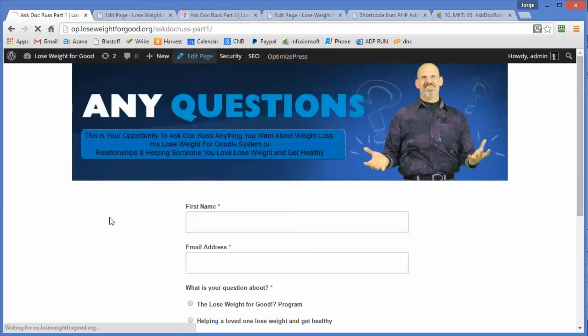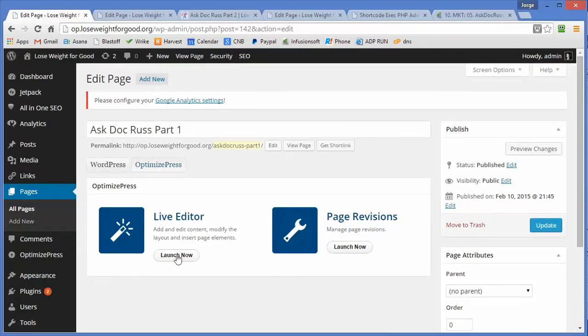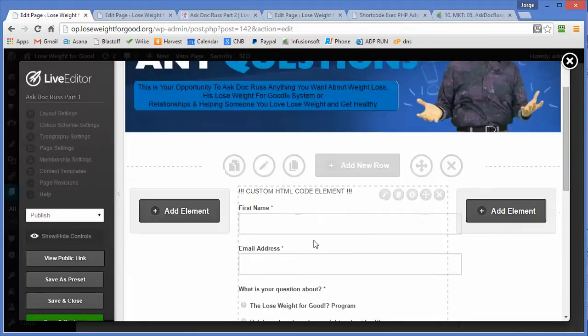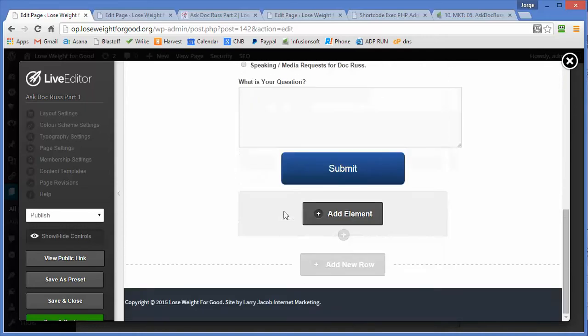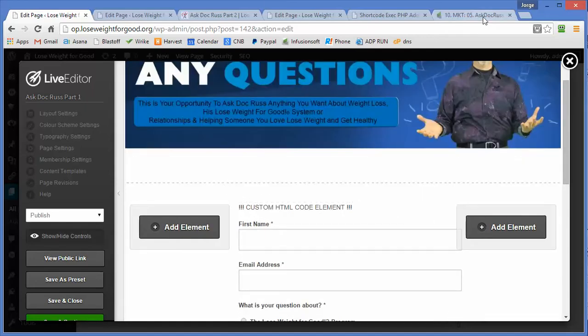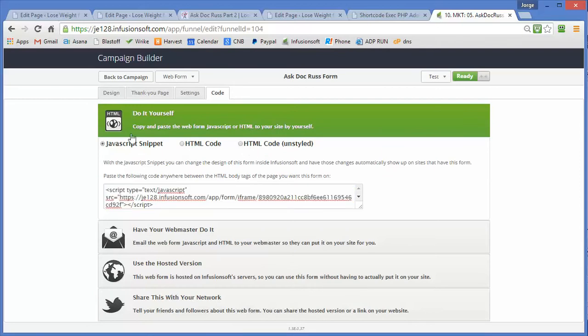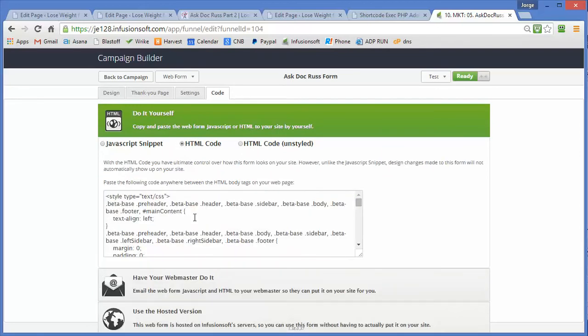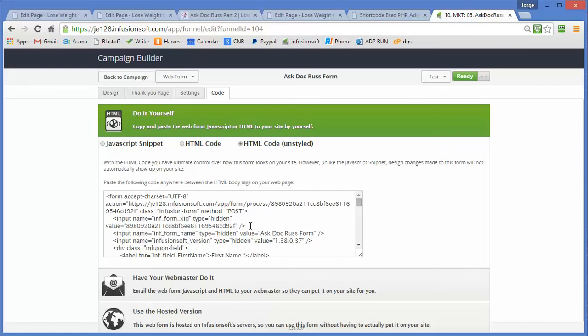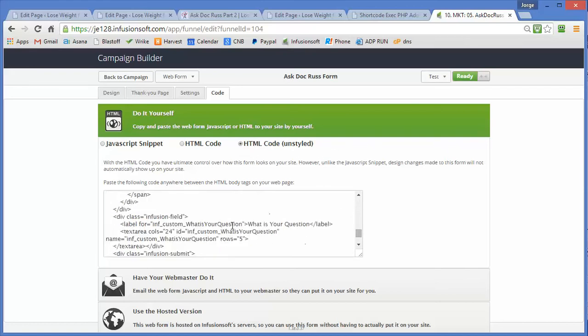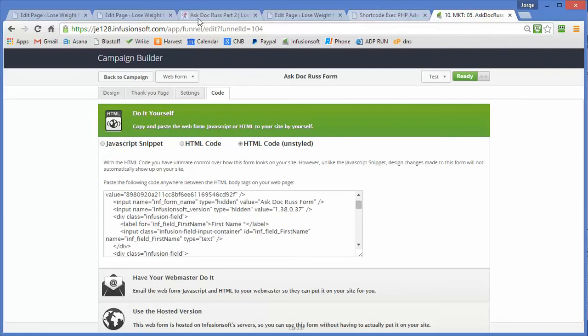If I edit this page, we're using the Optimized Press Live Editor. And this is a standard form, and what we're doing is this is just the HTML code that Infusionsoft gives you right from here. We start with the unstyled code because if you use the HTML code, a lot of stuff is brought in here that we don't need because the Optimized Press theme is doing a lot of the visual formatting for us. So we start off with this, which is the HTML code unstyled, so it doesn't have all the style sheet stuff in here, and we put it into